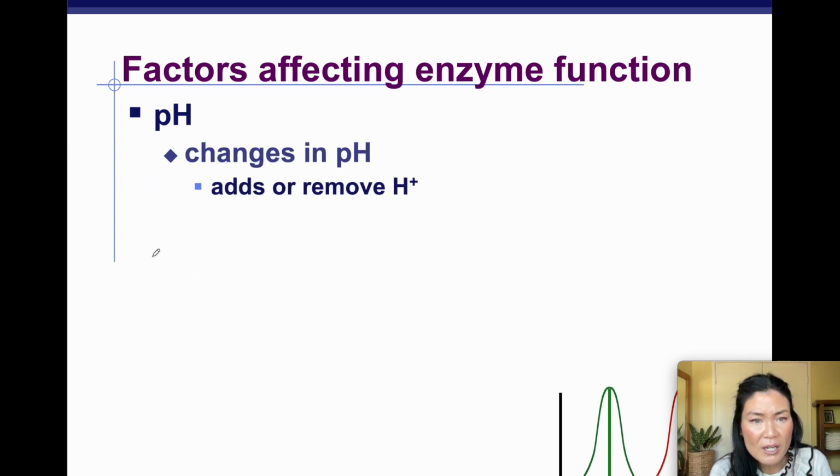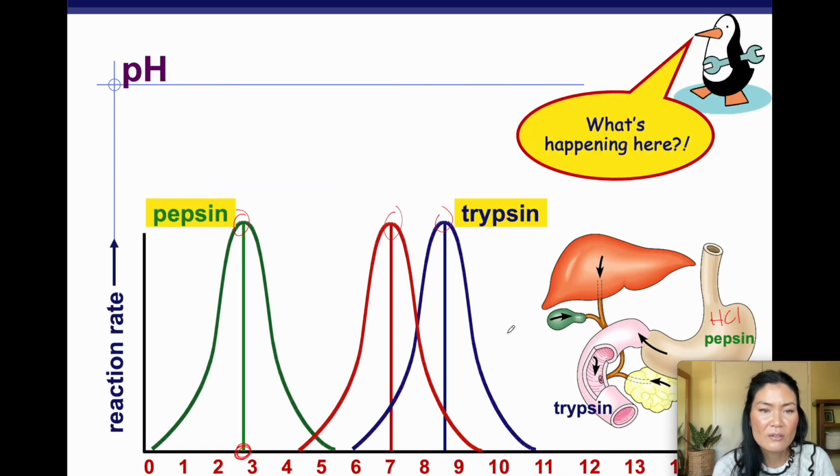So pH, any changes in pH, remember, by definition, an acid is a substance that adds H plus to a solution, whereas a base removes H plus from a solution. So when you have an acid like hydrochloric acid, there's a lot of H plus in the solution, and pepsin works best in a solution. It maintains its shape when there's a lot of H plus in the solution. Whereas trypsin works best, it's going to maintain its shape in a solution that has less H plus in the